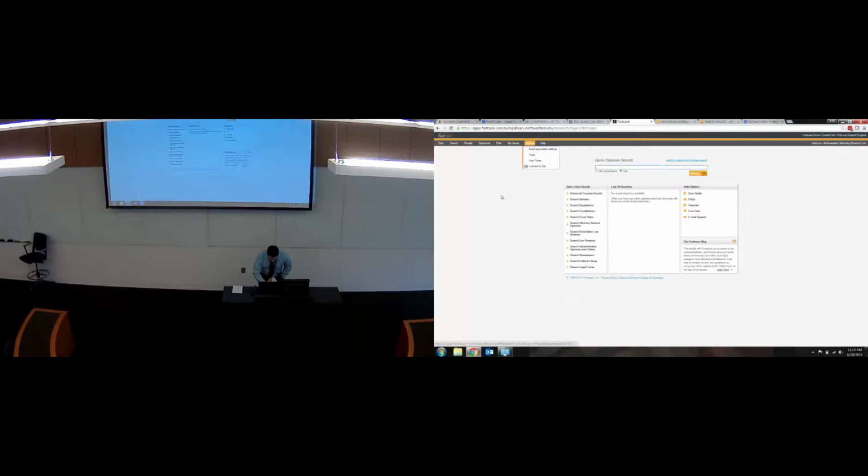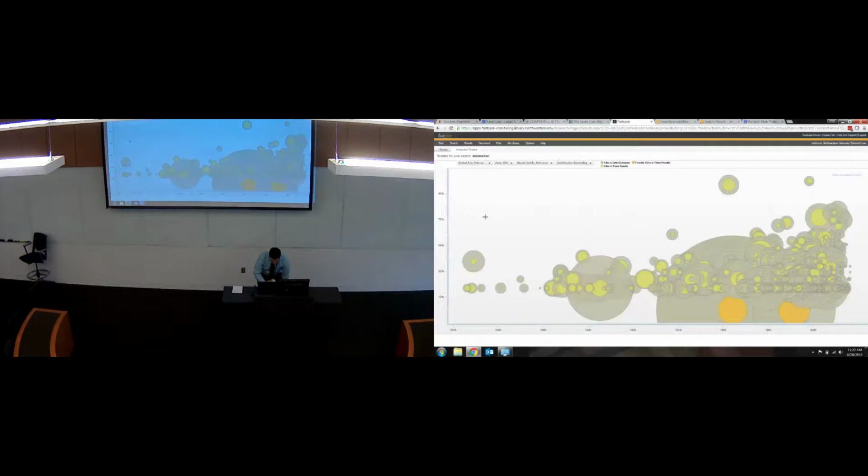Okay, and finally, I wanted to just show you on Fastcase here. So if we run a search, we just searched Georgia state courts for defamation. And if we go to our interactive timeline, so it's similar to Ravel, and admittedly, I hadn't played around with this feature a lot until I started preparing this presentation, but what we're getting here is,